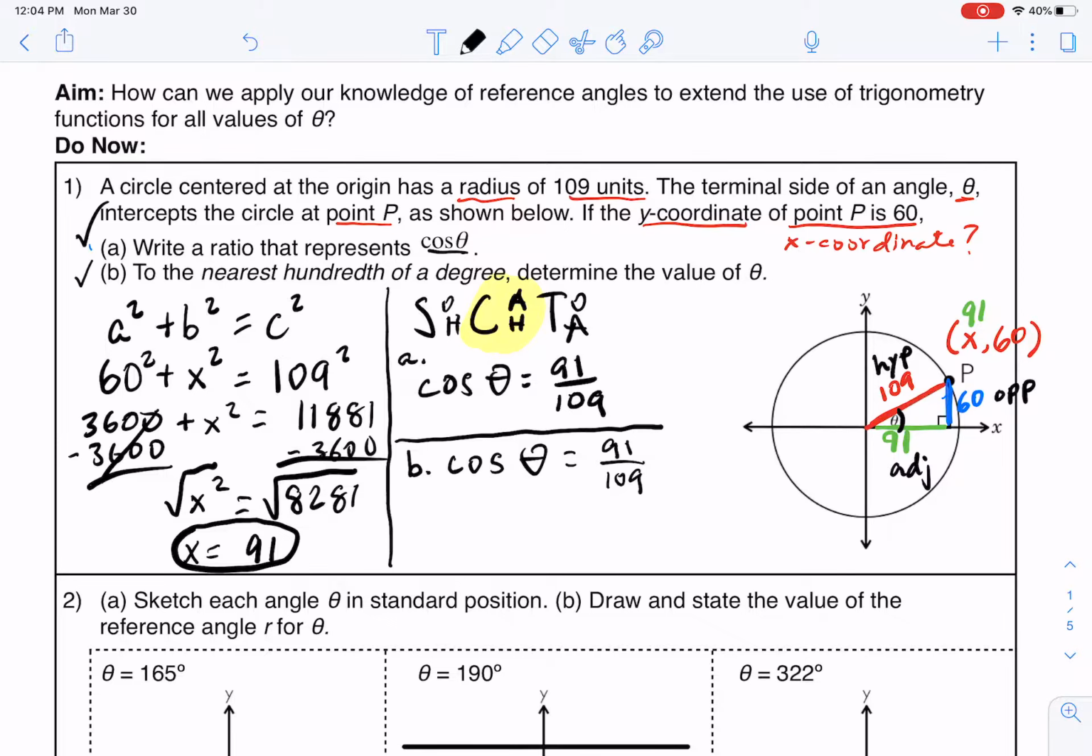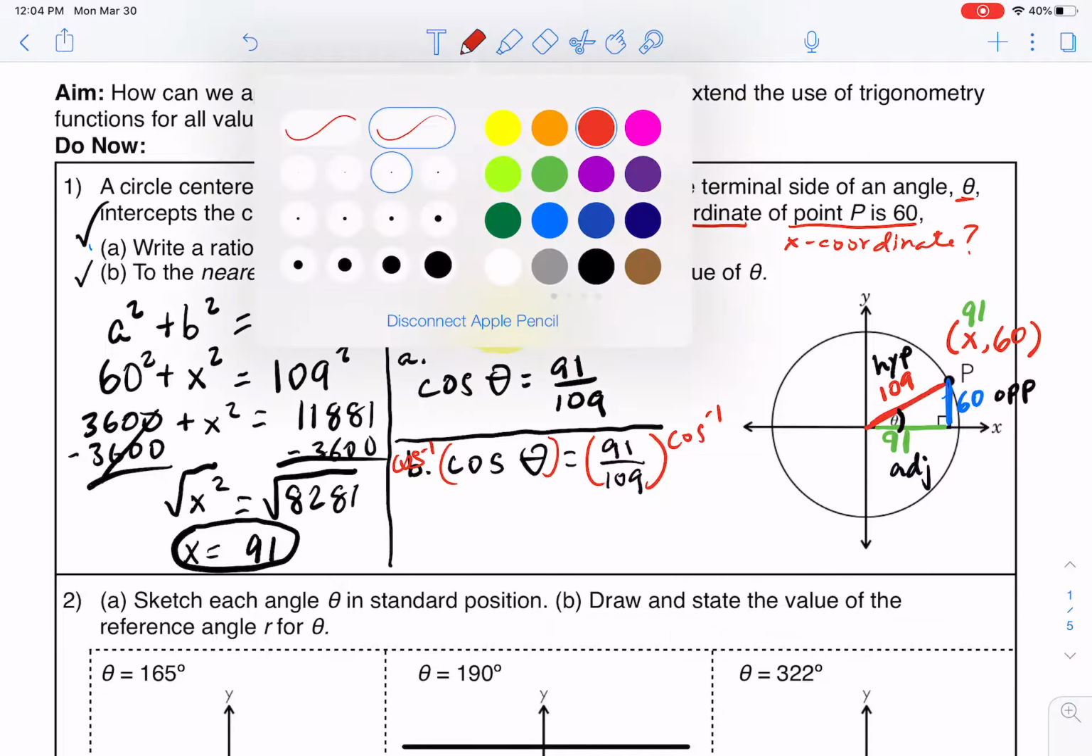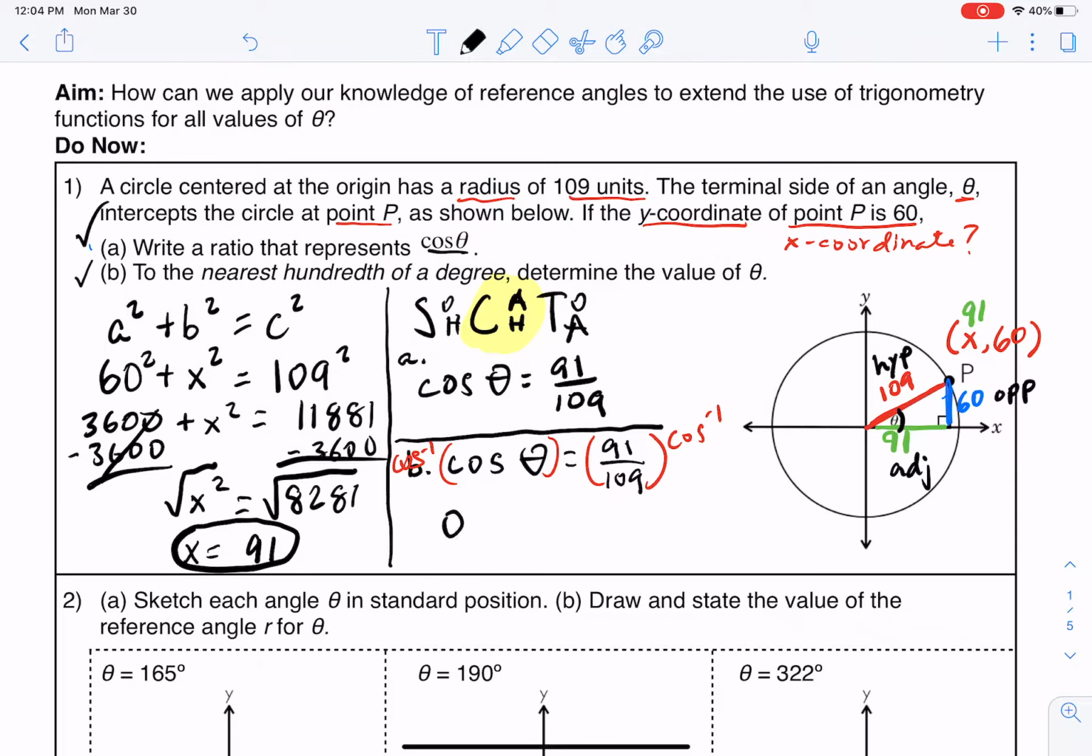And now to both sides of that equation, I need to take inverse cosine. So that's cosine^-1, cosine^-1, and I'll get theta equals inverse cosine of 91 over 109. So that means that theta equals, and again you have to turn to your calculator here,